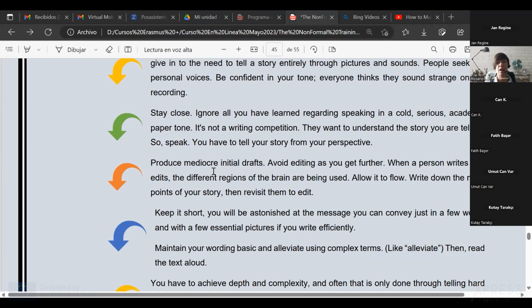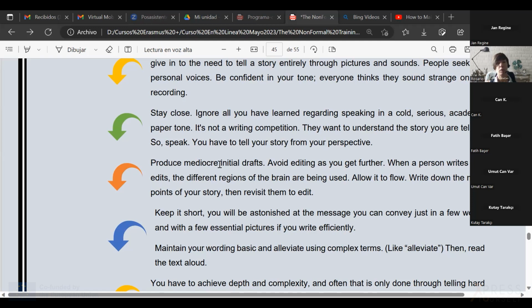And your drafts will not be good enough, not perfect at the beginning. They might be mediocre, but you have to avoid editing as you go further. So you have to edit your drafts while they are drafts. When a person writes and edits, different regions of the brain are being used. Allow them to flow.